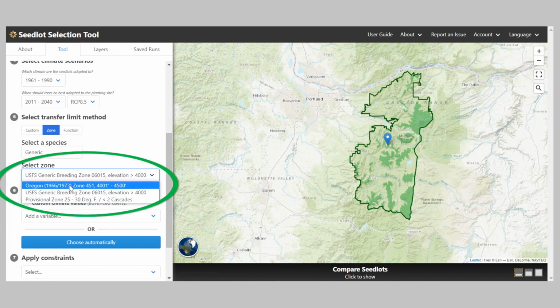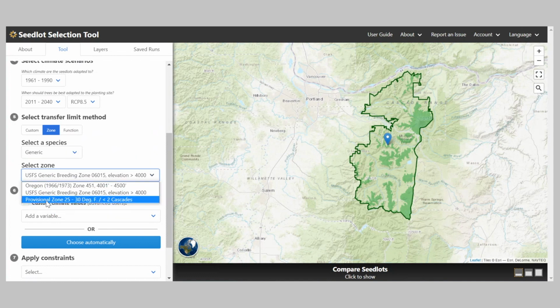There's the Oregon and Washington historic zones, our Forest Service breeding zones, and provisional seed zones for native plants. If we select the Forest Service generic breeding zone, we can see that this location is in breeding zone 06015, which is elevations above 4,000 feet. These are shown on the map in the areas in light green.